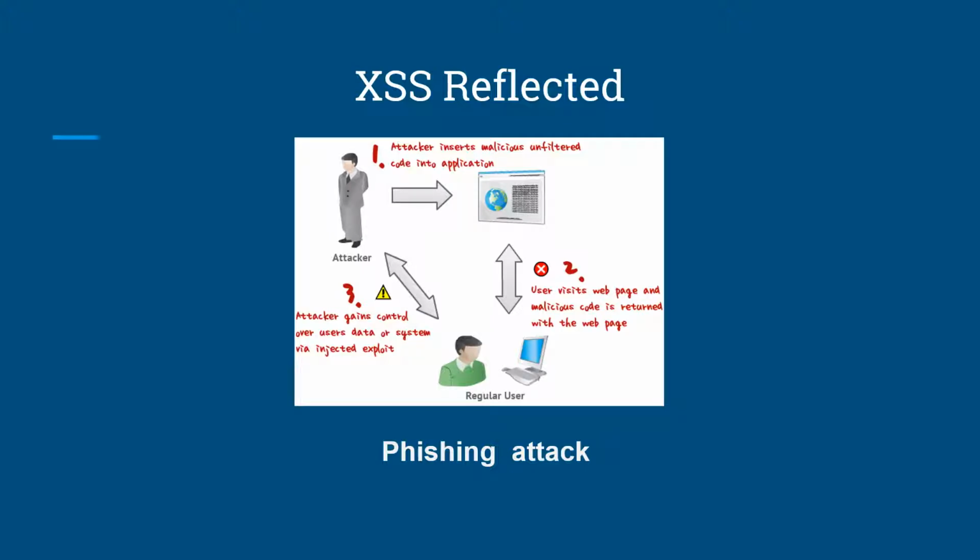So first, let's talk about the reflected XSS attack. One of the vehicles that can be used to carry a reflected XSS attack is a phishing attack, and everyone is pretty familiar with phishing attacks. Usually they come in the form of an email, and in that email would be some sort of link. Now that link may be legitimate or non-legitimate, and appended into that link would be a malicious script. When the victim clicks that link, it would be sent to the web server of the site.